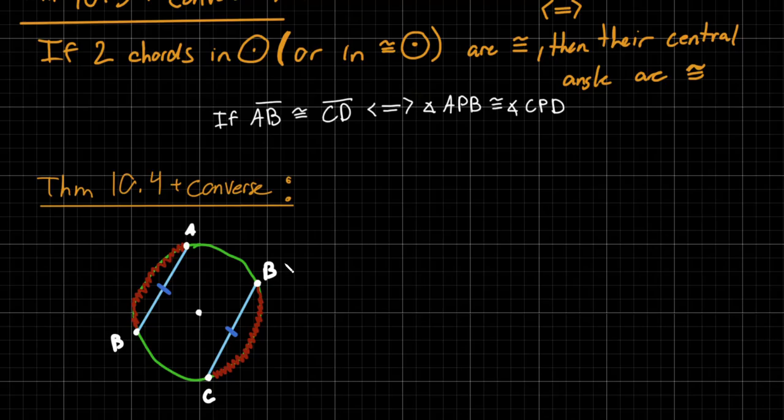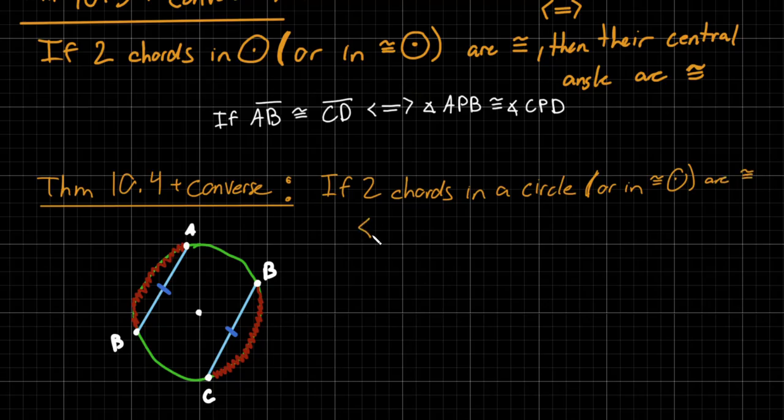That's the theorem, yes. And the converse would be the other way. So the converse would be like if the two chords are congruent, then the arcs are congruent themselves. So if two chords in a circle, or, in parentheses again, or in congruent circles, are congruent,